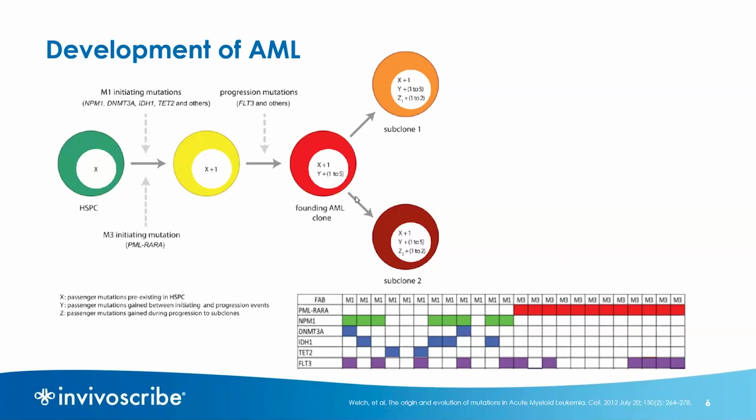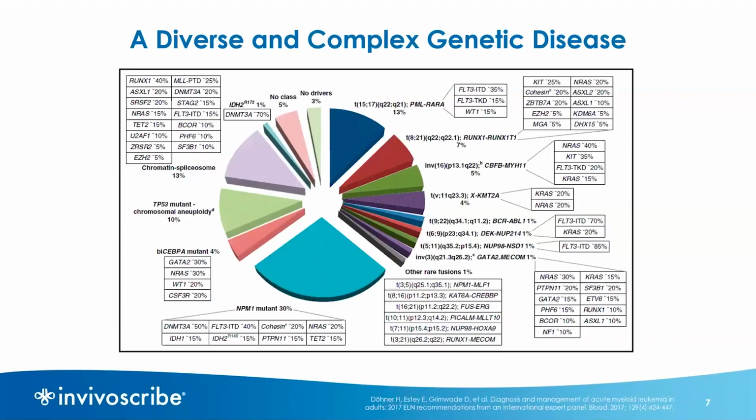And it wasn't until then that you began to have founding clones, which then developed subclones, and then you had frank disease. What's interesting too is that the data suggests that most mutations found in the genome are random events that usually accumulate over time just due to age. And that really,